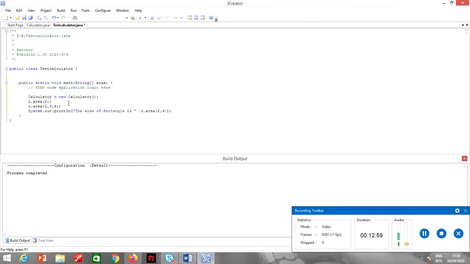So in this case the first area method will be called, which is the square. In the second case, the third area method will be called, which calculates the area of a trapezoid. And in the last one, the second area method will be called, which calculates the area of a rectangle.